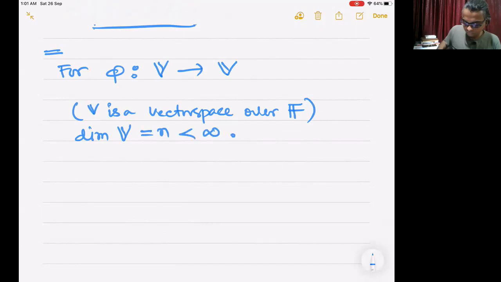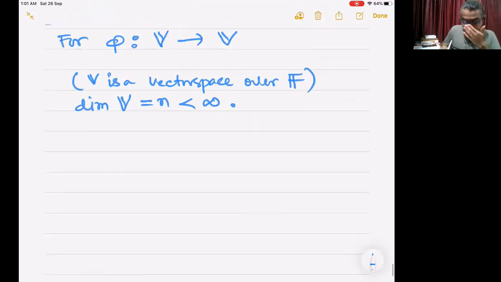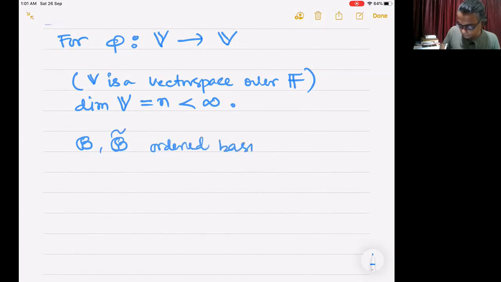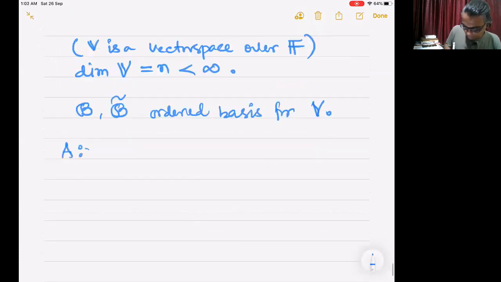Okay, now we have a basis B and also a basis B tilde. Both are ordered bases for V. Suppose A is defined as phi expressed in terms of this basis, and A tilde is phi